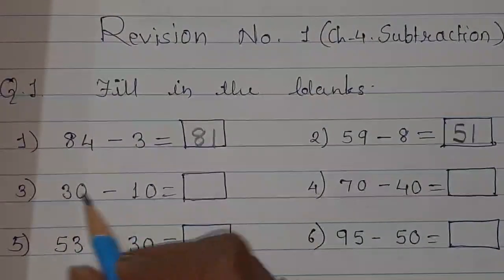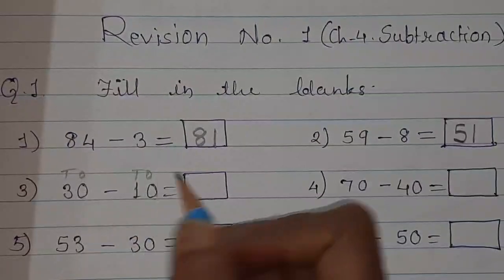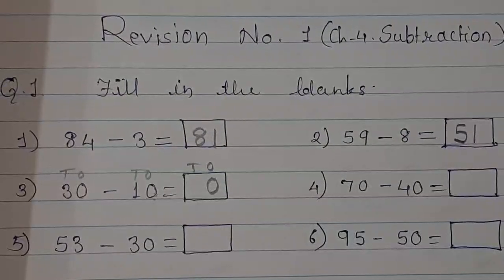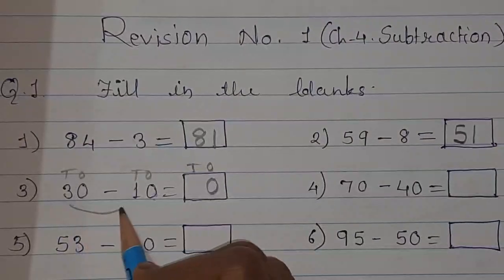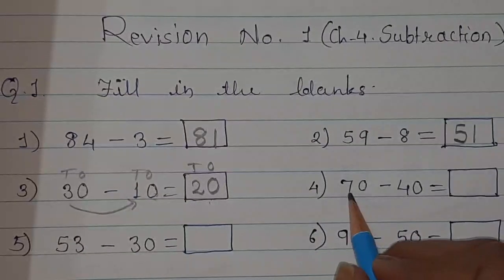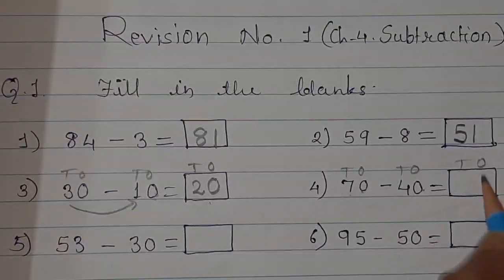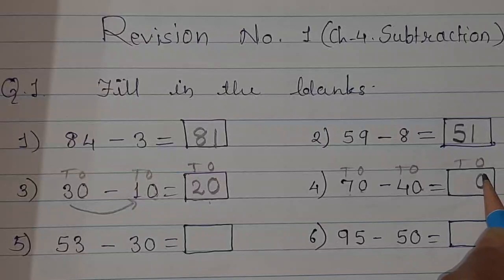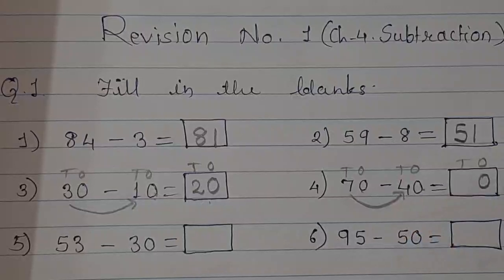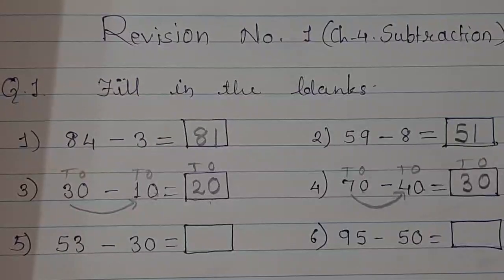Now see, two digit numbers are there. So write tens and ones. See, ones column there is 0. So in the answer ones column there will come 0. Now open your 3 fingers. Cut 1. So you will get 2. So total answer is 20. Now next one. Tens, ones, ones column there. Both the sides 0 number is there. So in the answer also ones column there will come 0 number. Now 7 minus 4. Open 7 fingers, cut 4. You will get 3. So 30 is your answer.